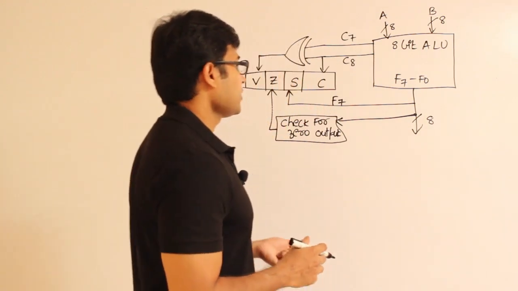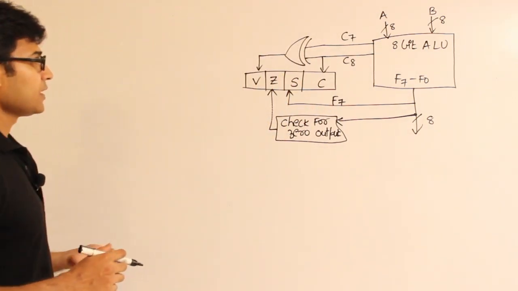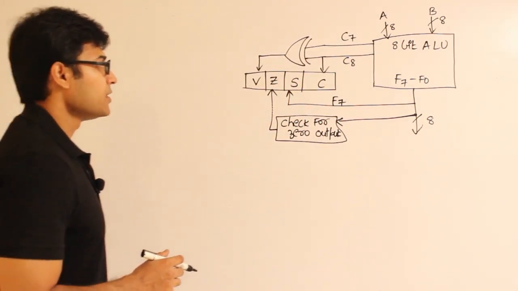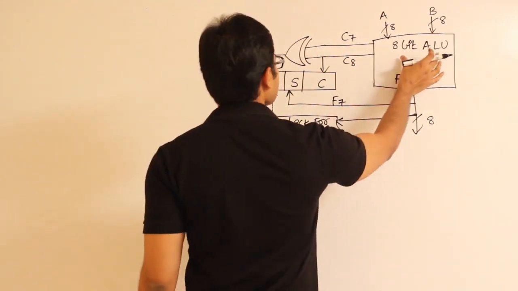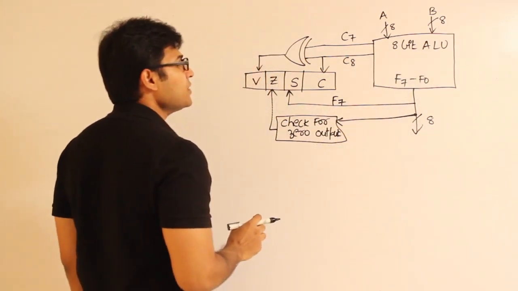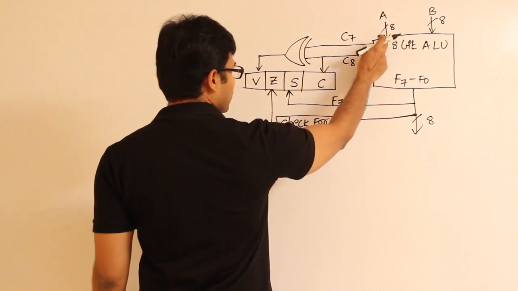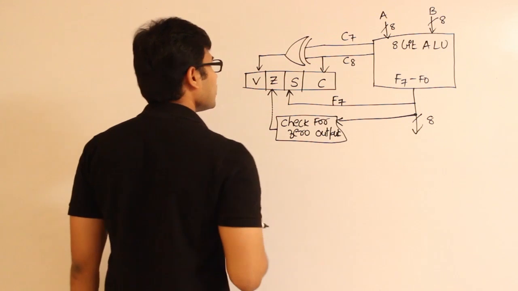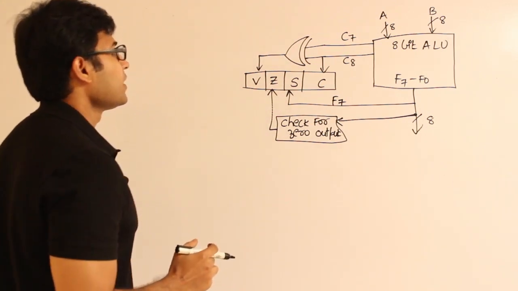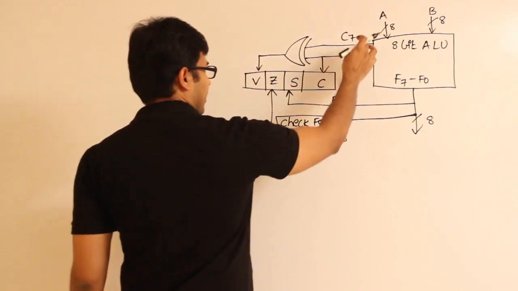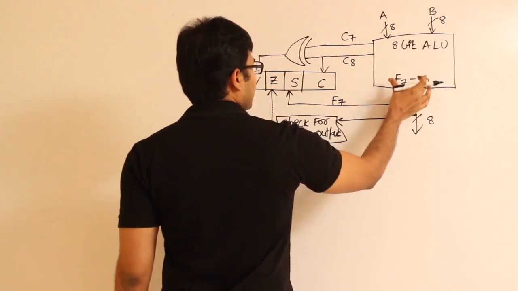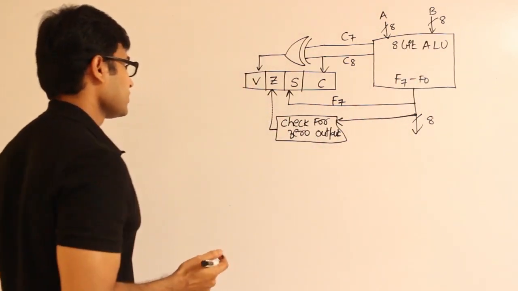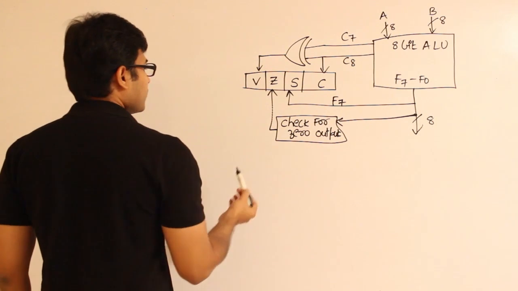Okay, now try to understand this one. Let's assume that we have an 8-bit ALU, the simplest ALU I'm talking about. It means that the inputs are going to be 8 bits, 2 operands of size 8 bits, and the output is also going to be 8 bits. Let us say one input is A and the other input is B, and the result, let's call it F. So what I mean to say is, if you have 8 bits,